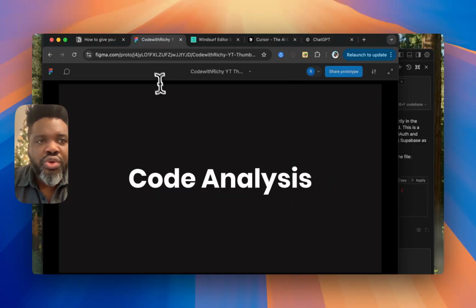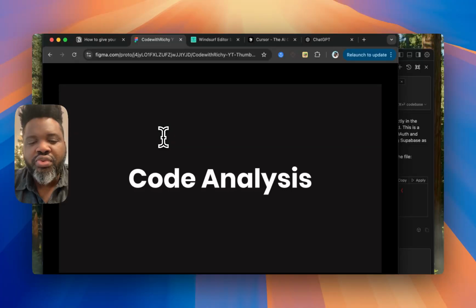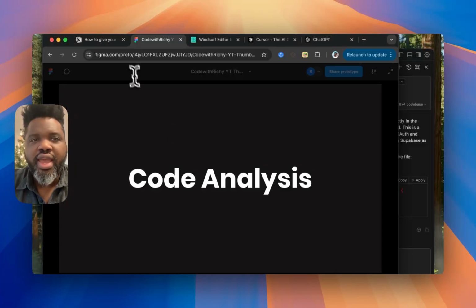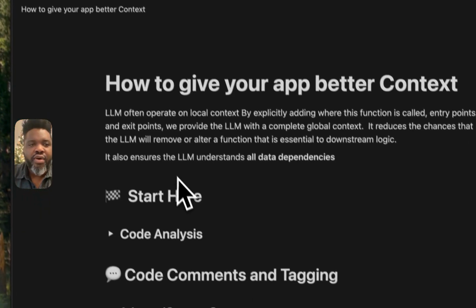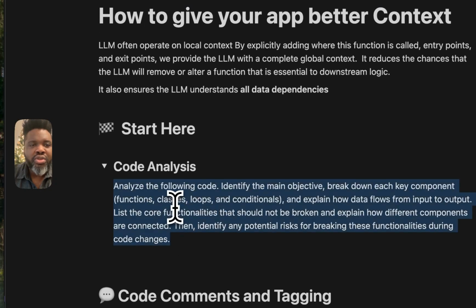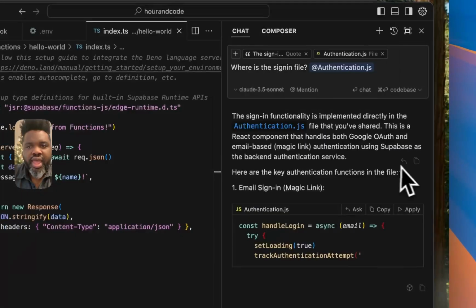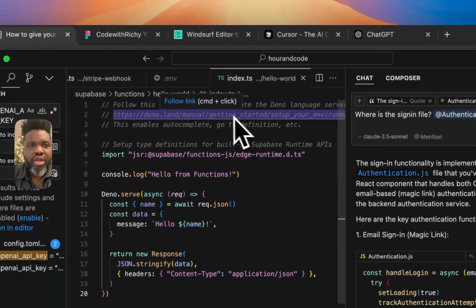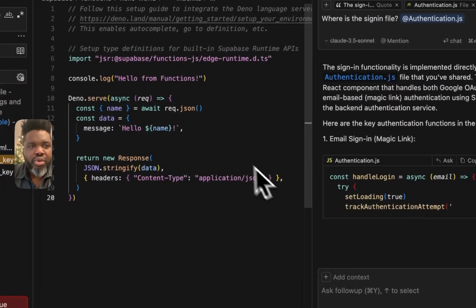Now, what I've done here is that I've created a tool, more like a framework, that allows me to give a lot more context to my code. And I usually start by doing code analysis. The way I do that is, I have everything over here. So I use this code here, and I'm going to put this link in the description below. Essentially you copy this, and you can start by, for example, picking a file. So I'm going to do this example with